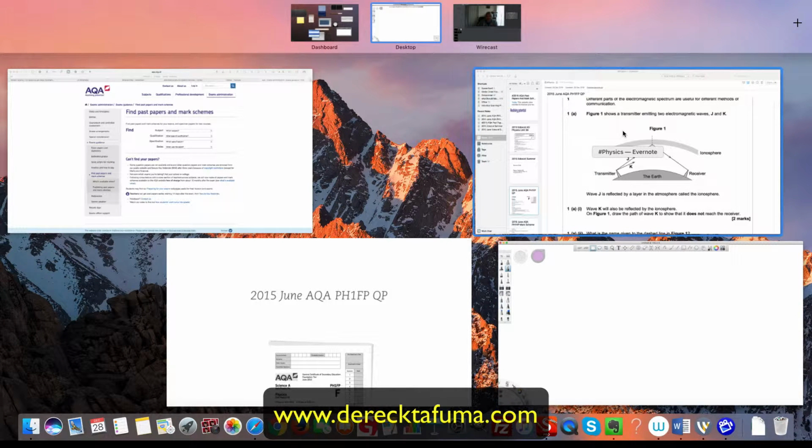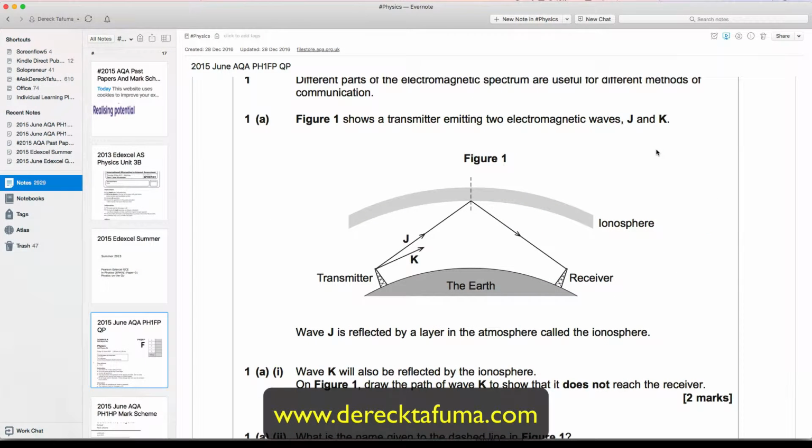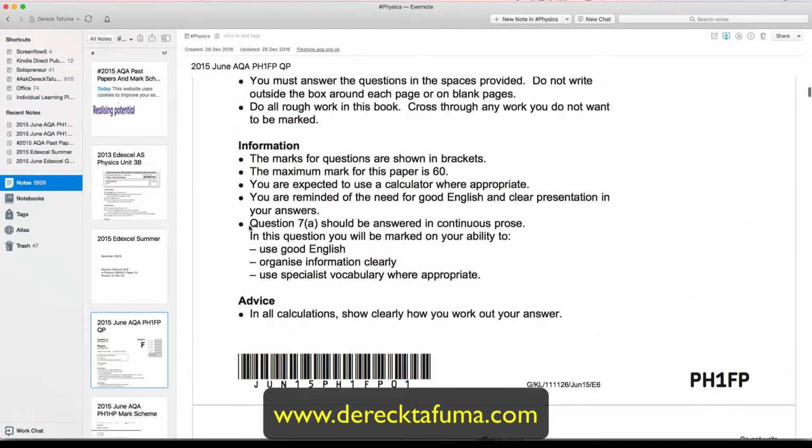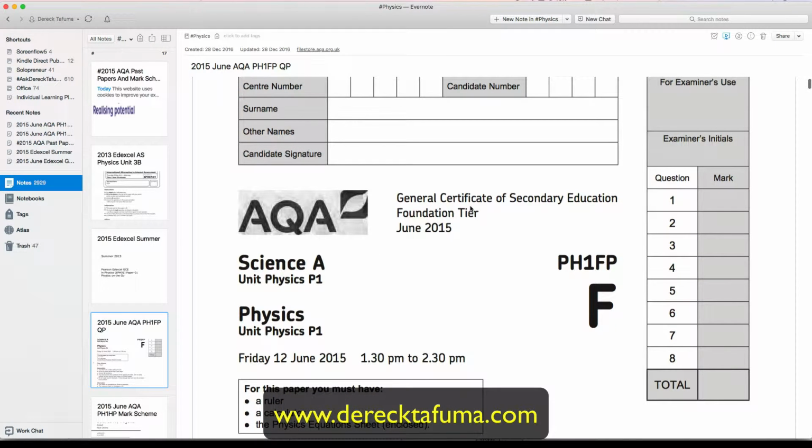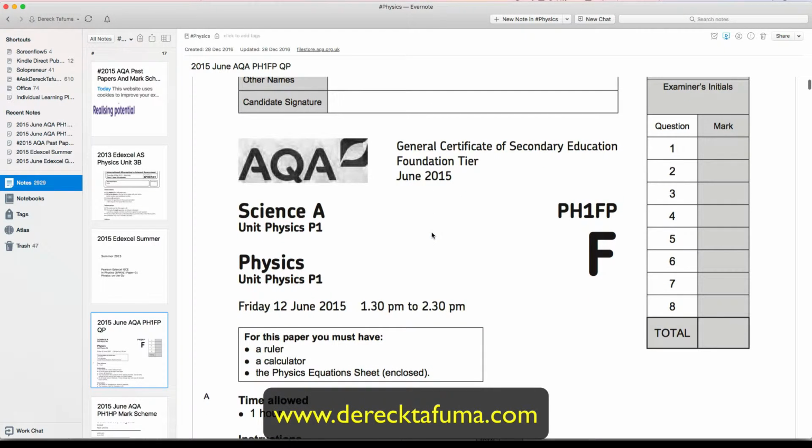Okay, I'm going to start working on the AQA physics papers, GCSE, O-level, starting with the June 2015 AQA GCSE foundation tier for June 2015,